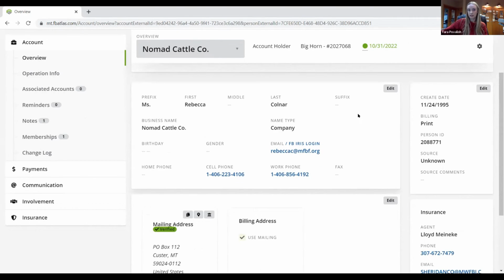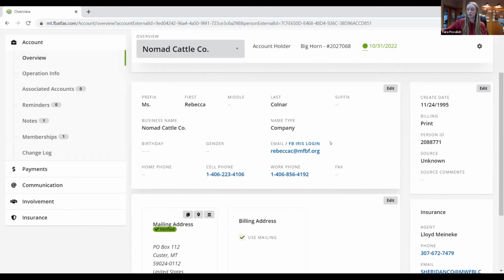And then down here, you'll see their contact information. So here is the contact email they've given us and their phone numbers. This stuff is extremely important to have in the database, and it's extremely important to have updated. So if you are in contact with someone and you go into their account and you see that something here is incorrect, feel free to go in and change that, as long as obviously the account holder is okay with it.